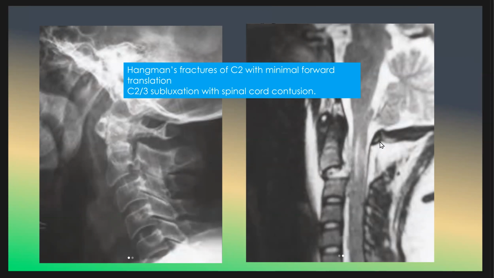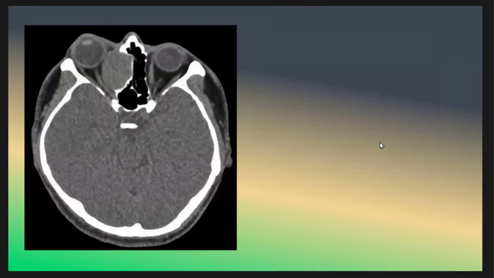Okay, we move to the next case. What do you think the patient has in the next case? The patient has ethmoid cell mucocele, as we see here, thinning of the wall, and here erosion of the wall. And this is an expansile mass in the ethmoidal sinus. Hypoattenuation consistent with mucocele, pushing the orbit laterally and superiorly.